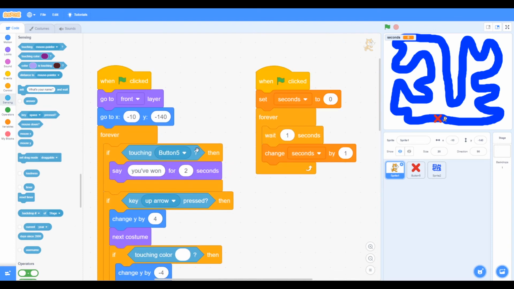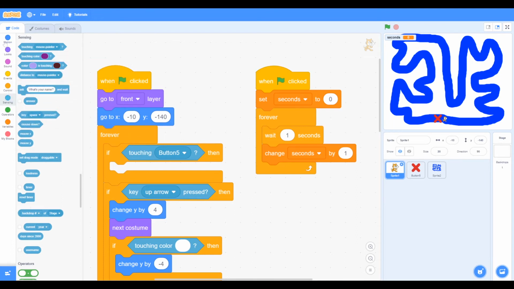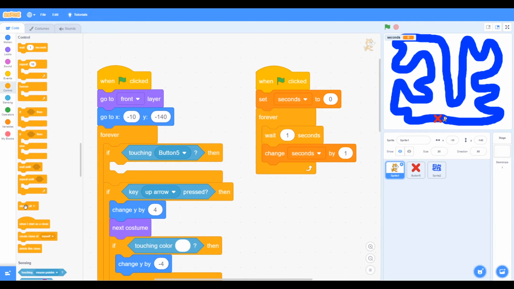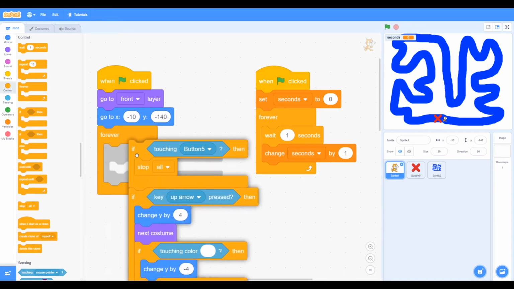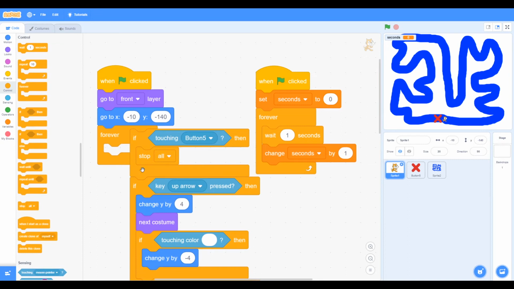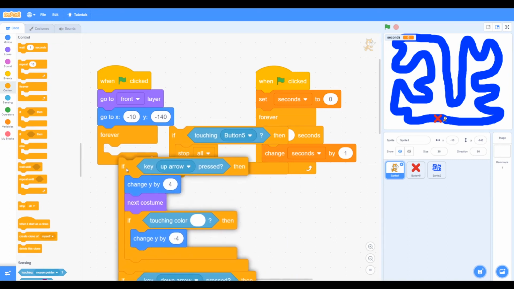If we look in our code, we've got if touch button 5. Instead of saying you've won, we can just stop all. So we can add that. If we go to our control and stop all, and let's move that block